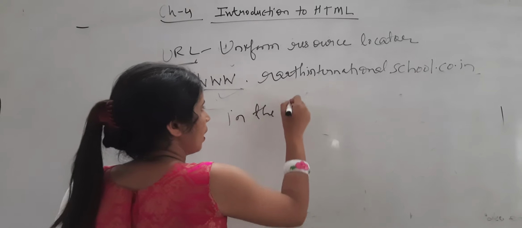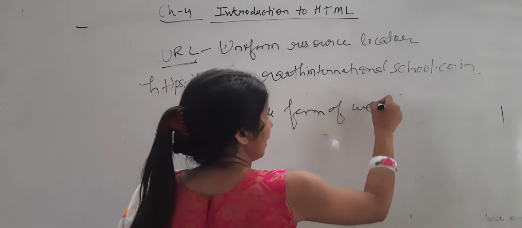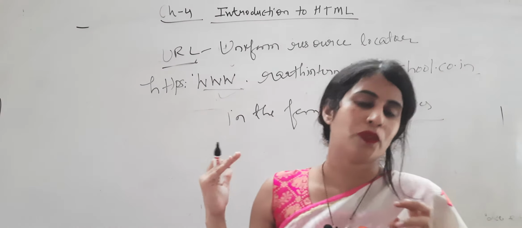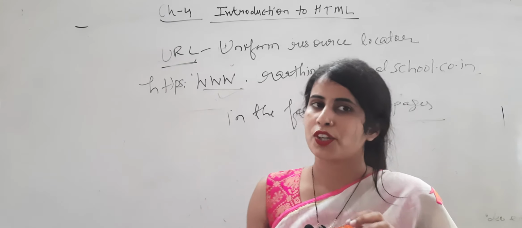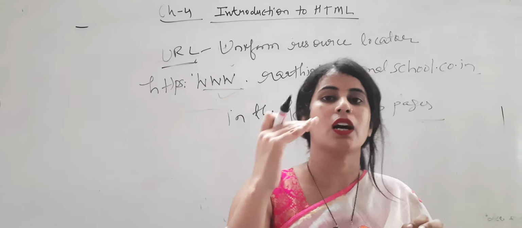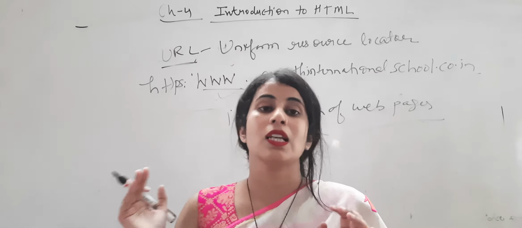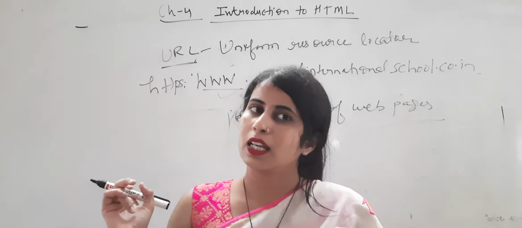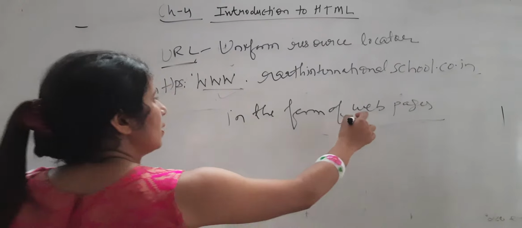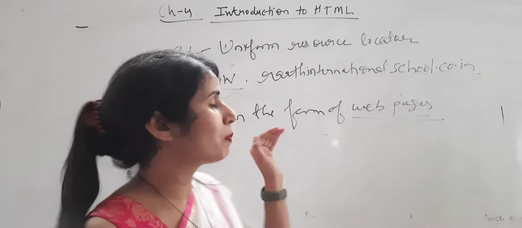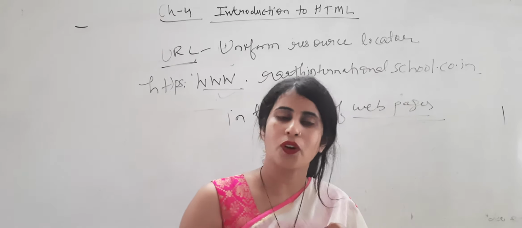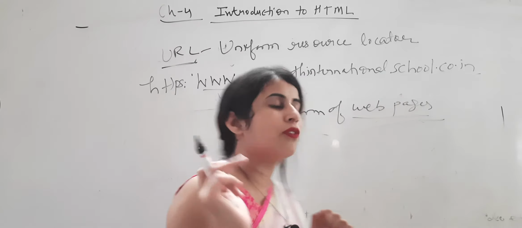It shows the information in the form of web pages. How will you get the information here? You will get different web pages that contain different data. You can find the information about the topic you are asking for in the form of web pages. In the pages you will get all the information related to the topic you requested. So web pages are electronic pages, and the pages that we see to get the information regarding the topic we asked for are created by HTML.